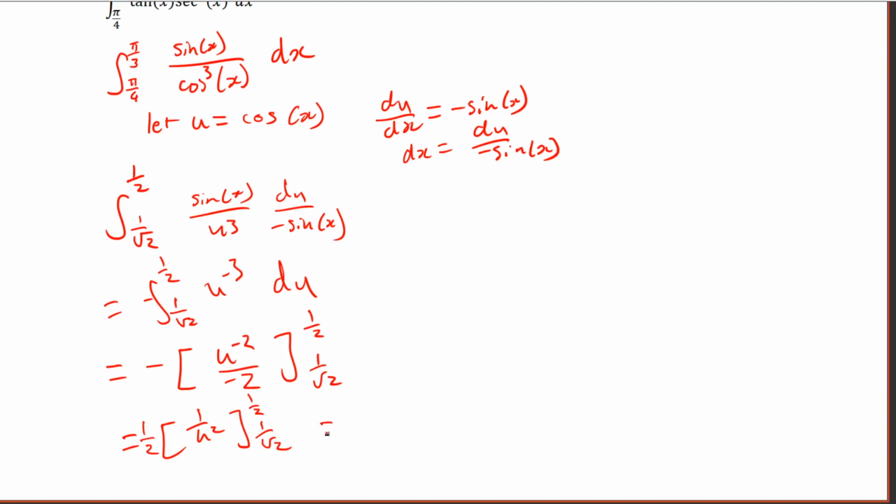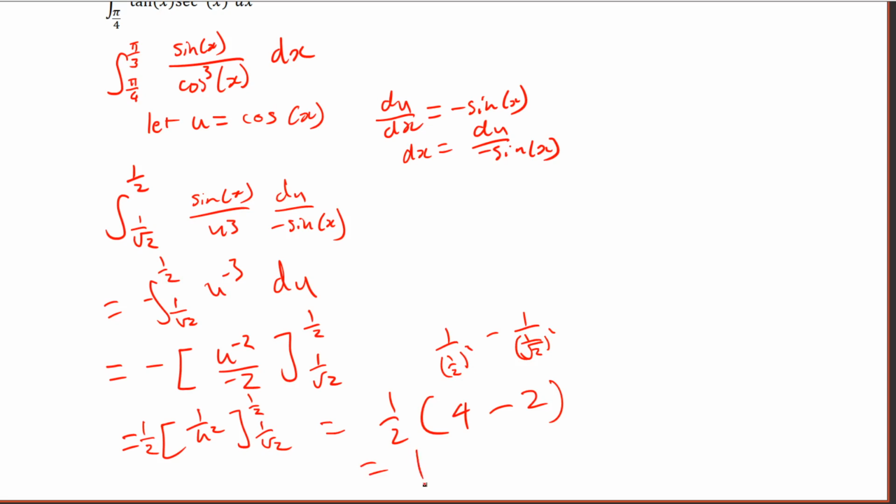So what is this? 1 on half squared, which is 1 on a quarter, which will be 4, and then minus 1 on root 2 squared, which is 1 on half, which is 2, or 1 on half squared minus 1 on root 2 squared, like this,